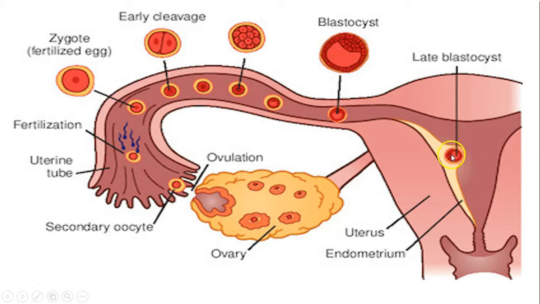And then the futures, remember we talked about this part, also known as the deciduum basalis, or the part where the placenta is going to be forming. It will actually grow into what we call the trophoblastic tissue, or the syncytial trophoblastic part, but we shall not go into those details. What we need to understand is that after implantation has taken place, there's going to be formation of the placenta